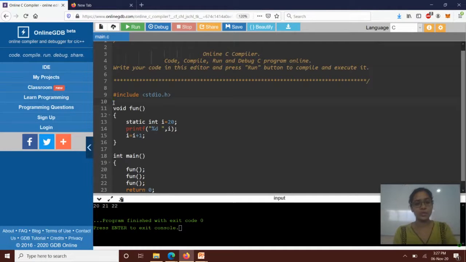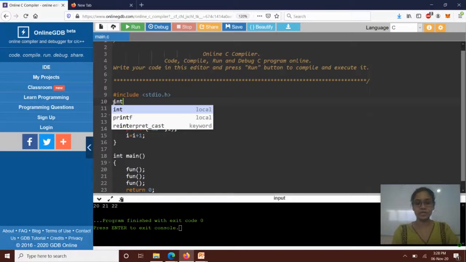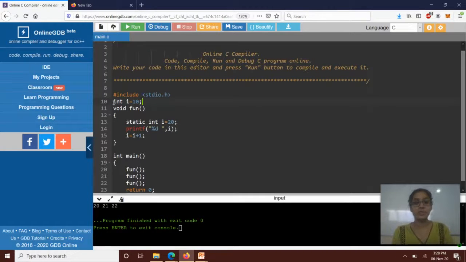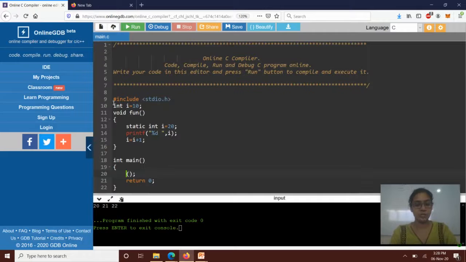Now let's also look at the utility of global variables. So I'm going to declare a variable int I is equal to 10 here. Since it is being declared above all the methods, this is going to act like a global variable. And hence, since it is global, it can be used anywhere. So I can write a print command here and print the value. And also I can maybe make some modifications. So I can do an I is equal to I plus 1 here. And then I can call the fun method.